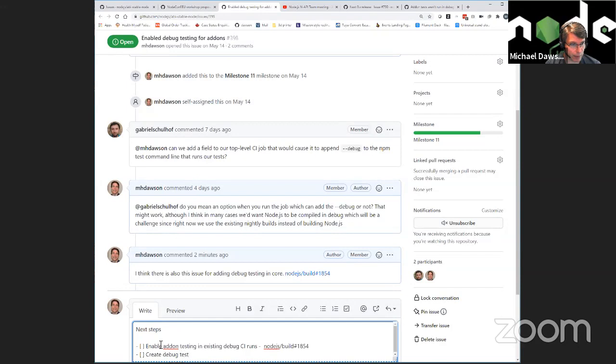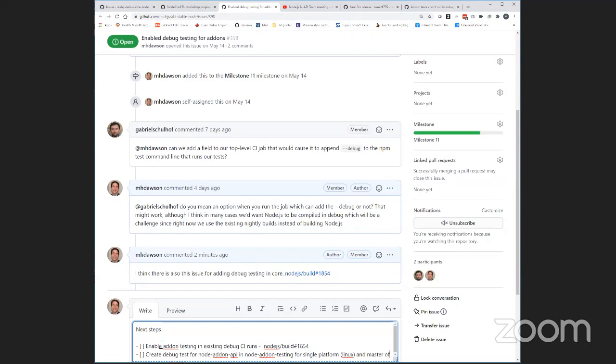Create debug test for Node, for a single platform, well, I'm going to say Linux. And do we think it's good enough just to run that on the latest version of Node?